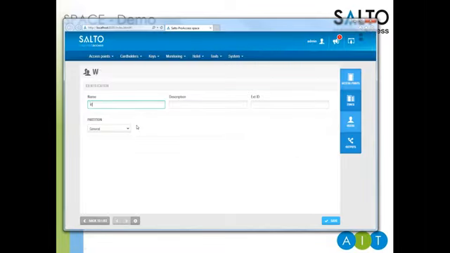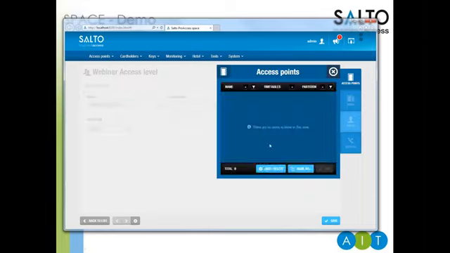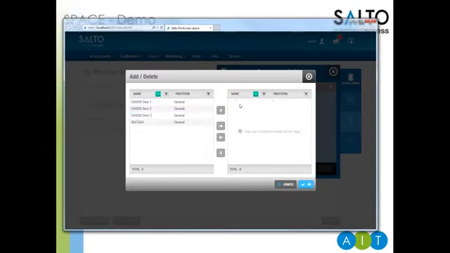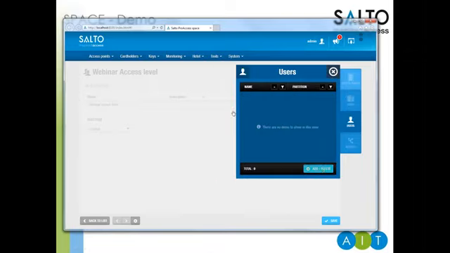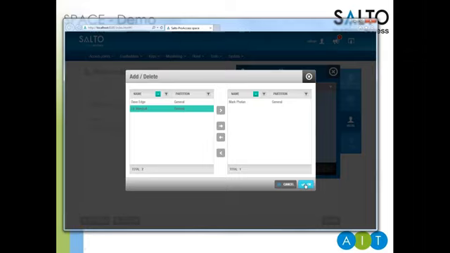We'll call it webinar access level. I'll give it a quick ID. And then what I can do from here is choose the elements that belong to this access level. So say for example we can add our test door. I could then add a zone, so I'll add the webinar zone into the webinar access level. I can choose which users belong to this access level here as well, so I'll put myself in here